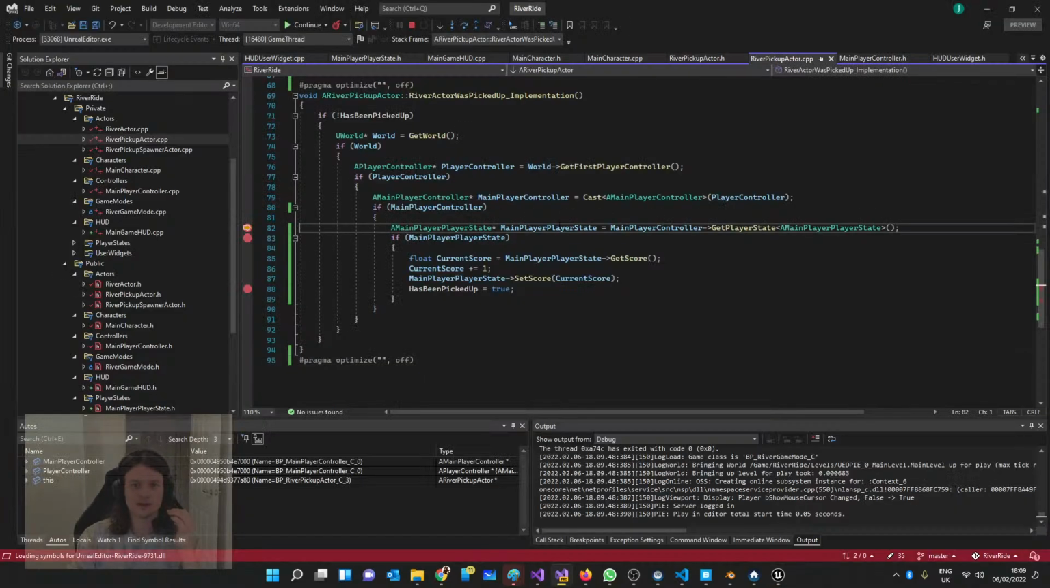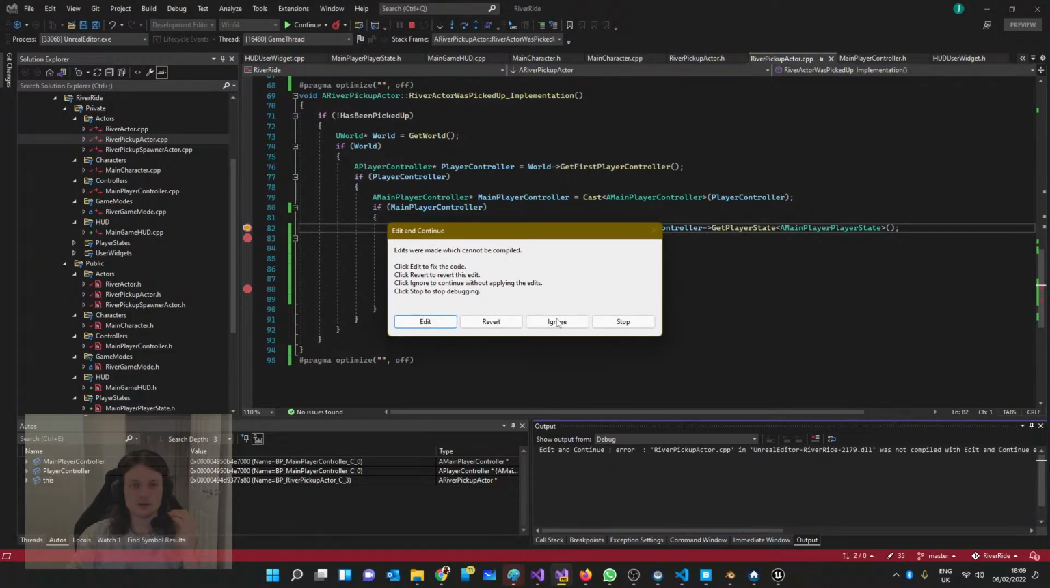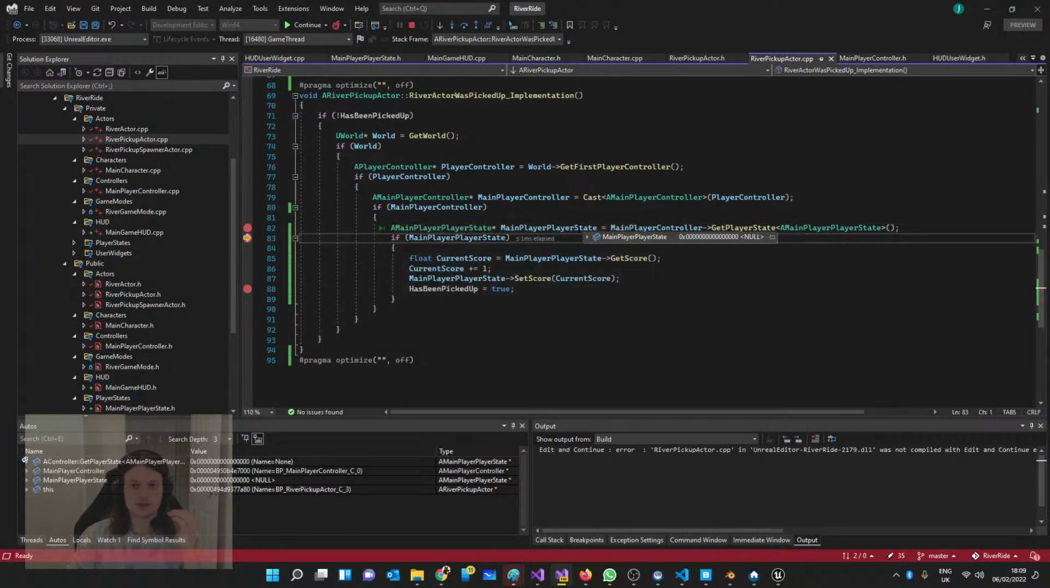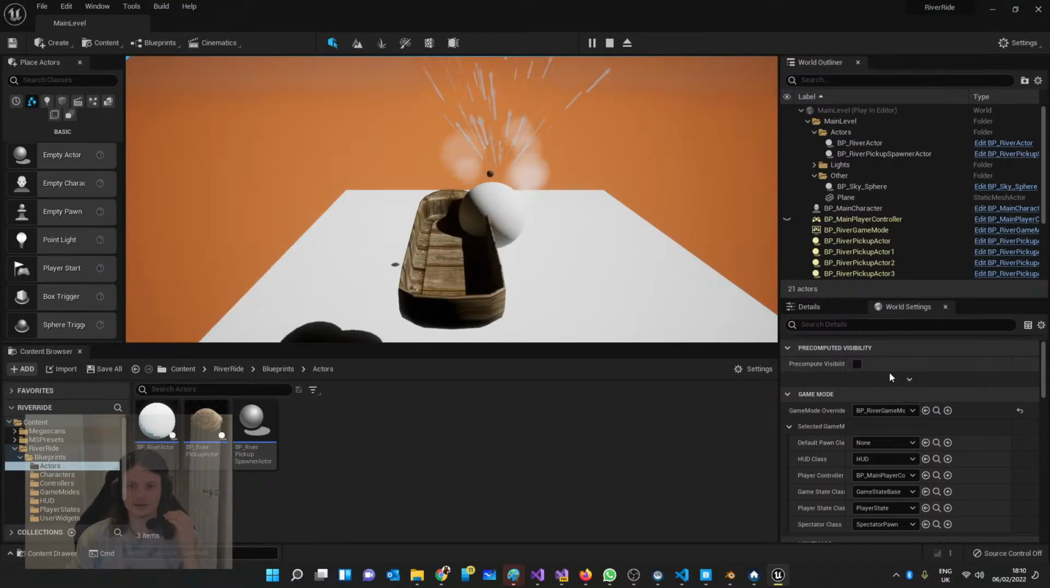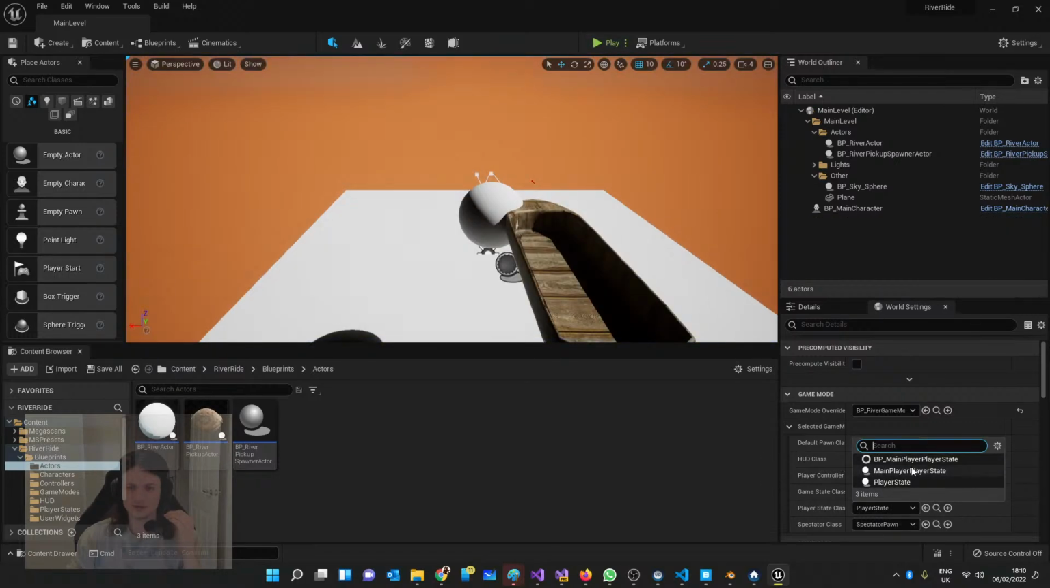Here we go. So it's got null at the moment. If we step over, it's still got null. So the main player controller here does not have a player state. That could be because our world settings has been set back, and it has. That's what it was. Okay. So if we set this back to the world settings main player state, now it's running our actual